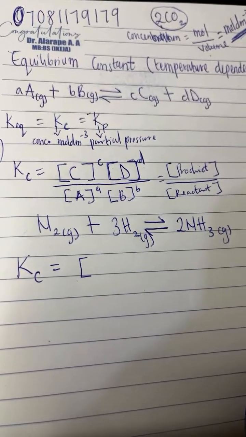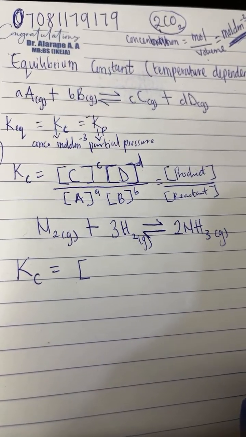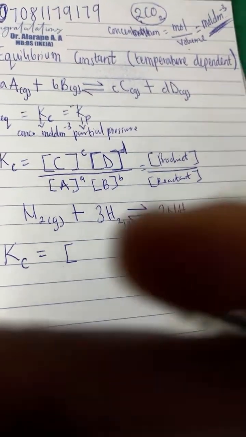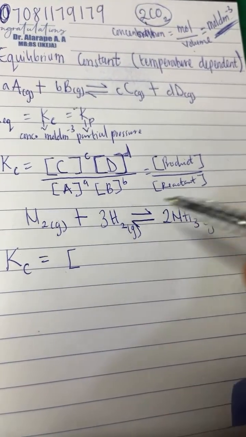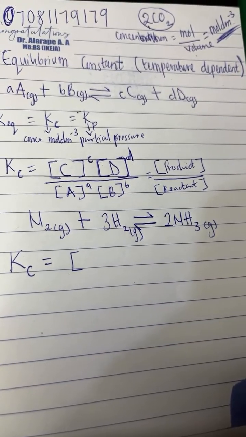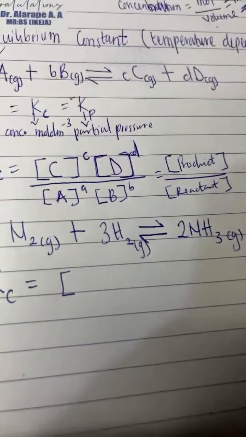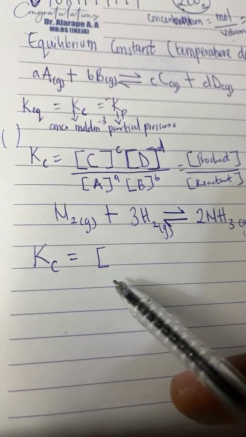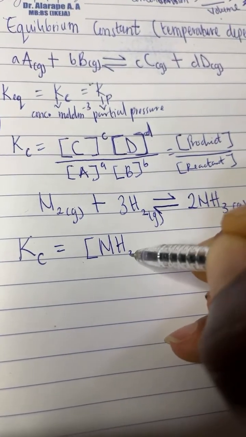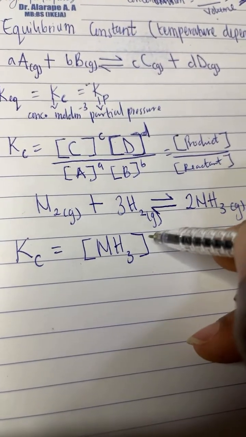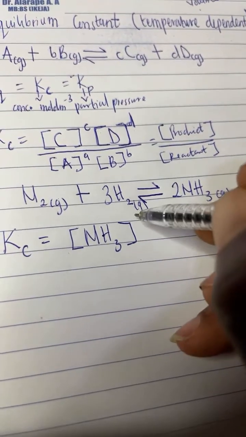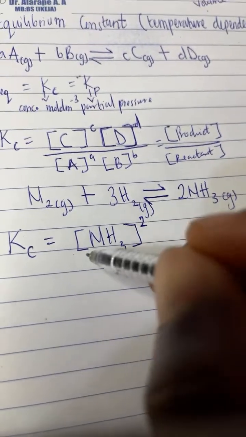If you see this question in your JAMB exam, they will just give you an equation and ask, what is the equilibrium constant? What is our product in this reaction? Our product is ammonia gas, NH3. So you write the concentration of NH3 in moles per dm cube. Remember, it has 2 moles, so you need to put a power of 2, all over